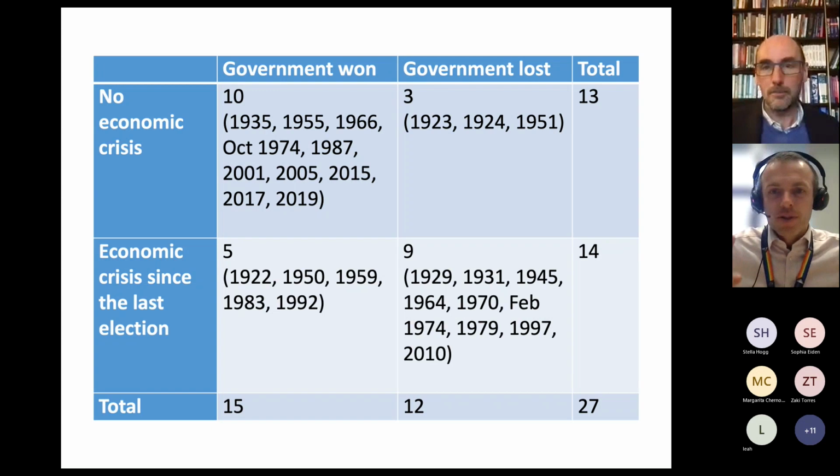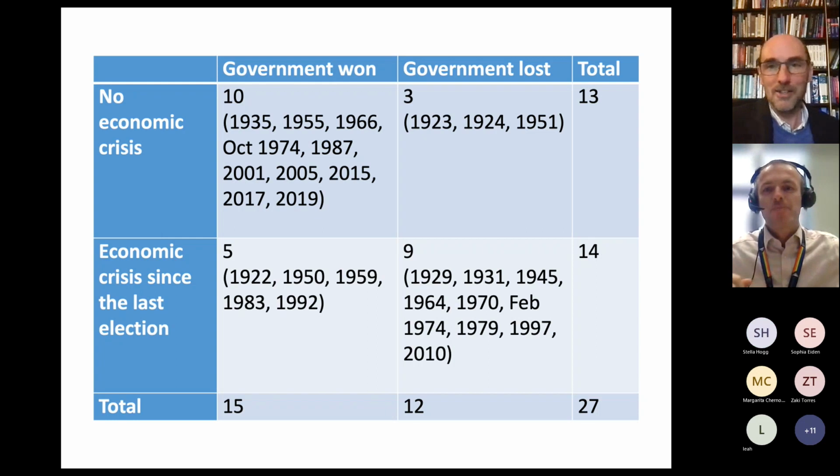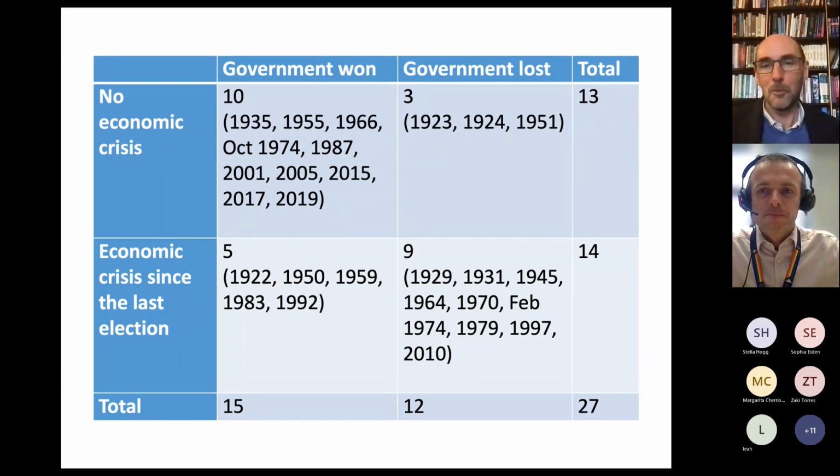Steve, sorry to interrupt for a moment. I mentioned that I'd generally save the questions for the end, but if any question emerged that was pertinent to what you're talking about at that precise time, we'll just have one through. It's a great question so far, but there's one through. If we're in economic crisis now, which seems fairly obvious, does the current government have much to fear from this relationship in the table? Do you know what? I'm going to leave that to the end. Okay. I will wrap up on what all this means for how to think about what's going on right now.